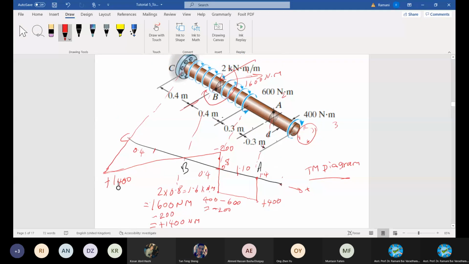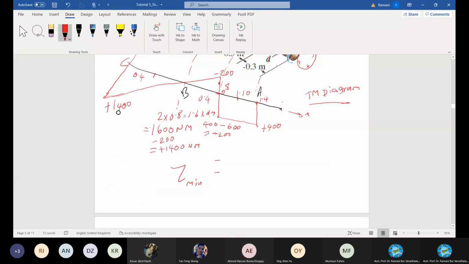200. Lowest, how do you say 200? Lowest value. Lowest means what? 0, right? The low 0 is also there in this diagram. When moment is 0, shear stress is 0. Shear stress is proportional to moment, right? You find out where T tends to 0. Automatically moment tends to 0 and shear stress tends to 0. That is the minimum value.